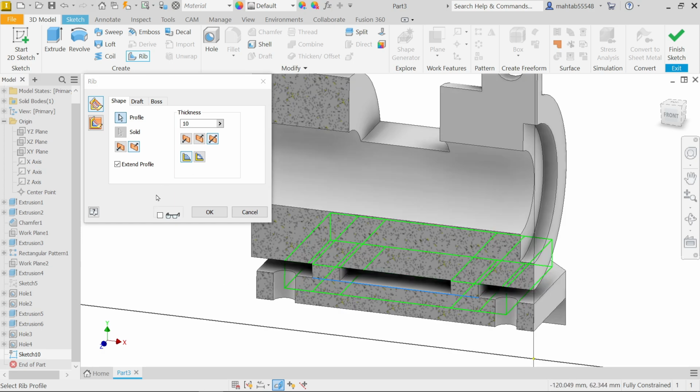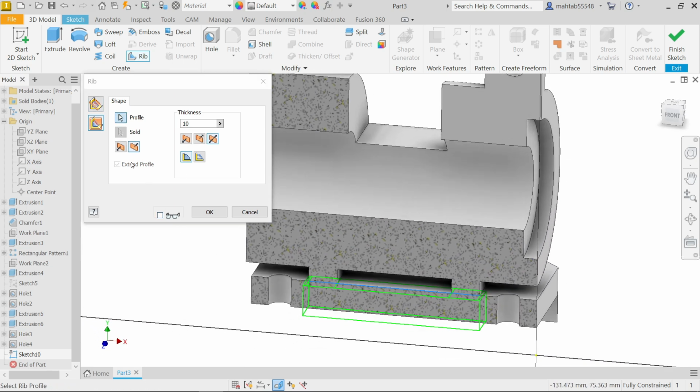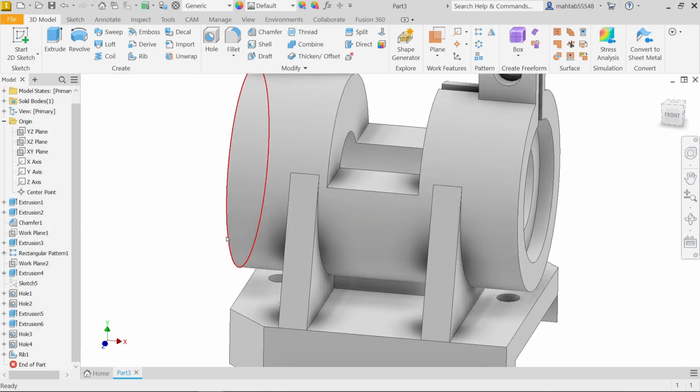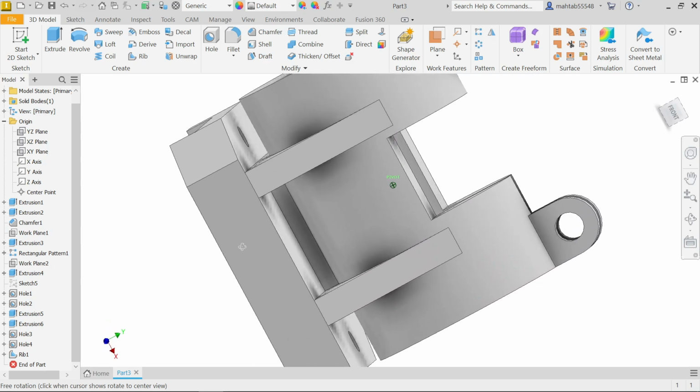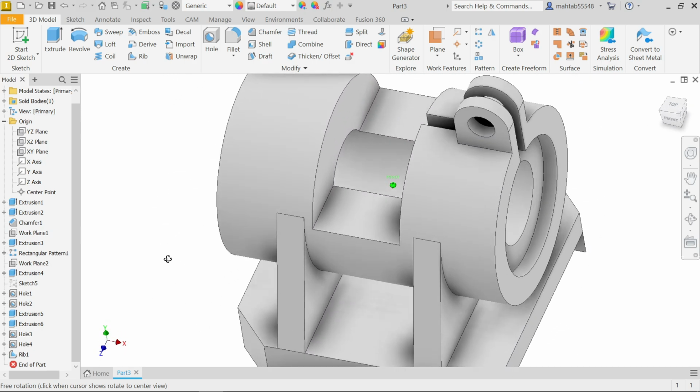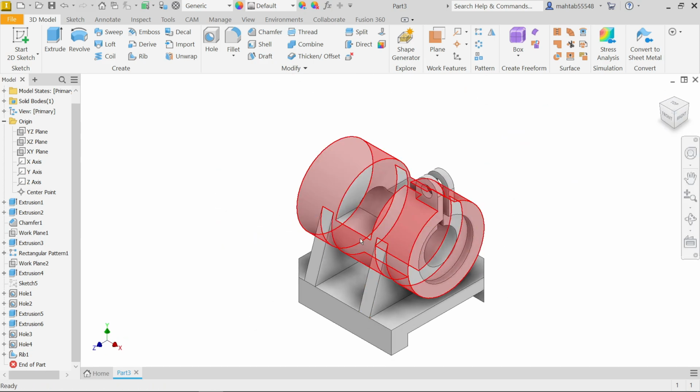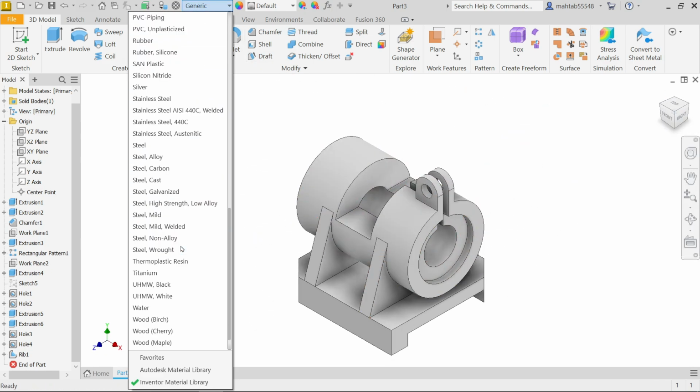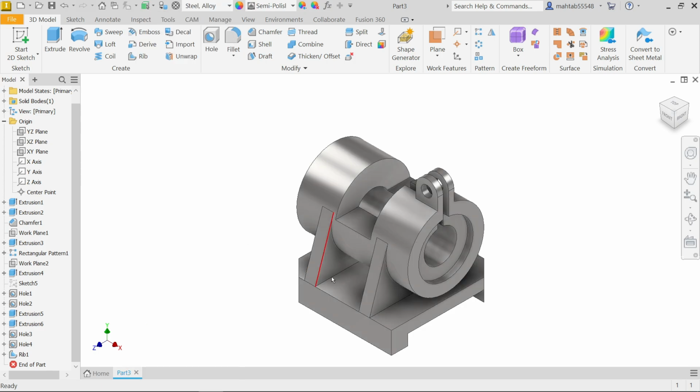Now let's check what we can do. Now first we have to choose parallel to profile. You will see here direction upside I want, thickness 10 millimeter, and here I am going to choose symmetric both sides and to next thickness. Okay, let's move only this. Say okay. That's it. Okay, material is alloy. Just drop down and choose here alloy steel. See,